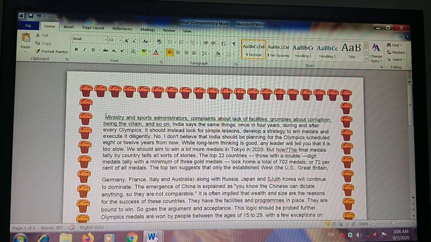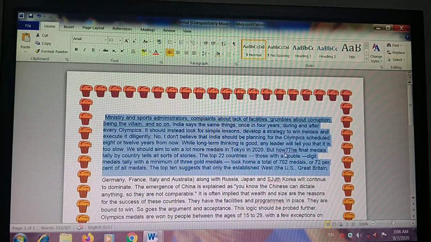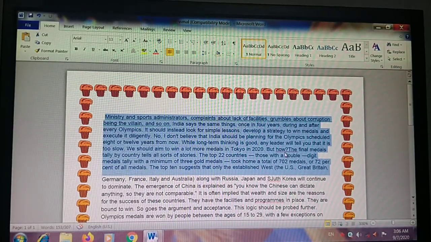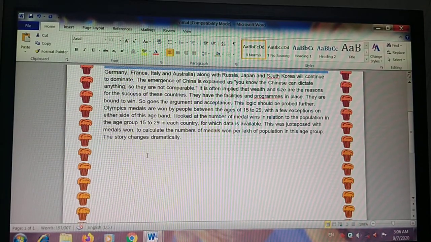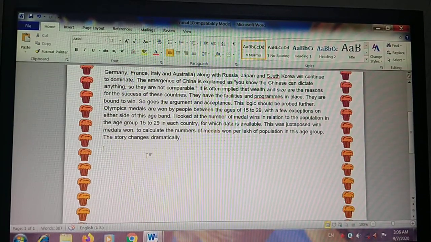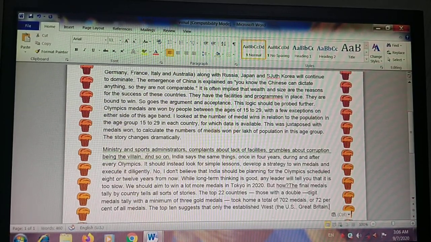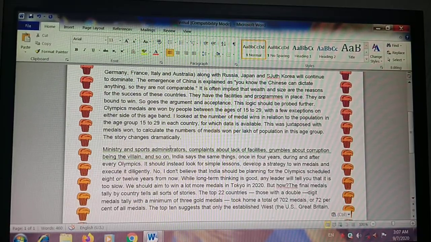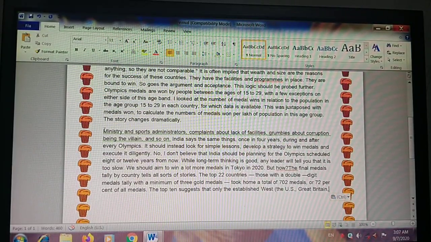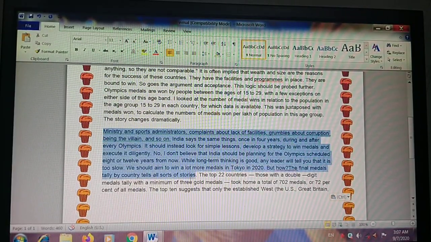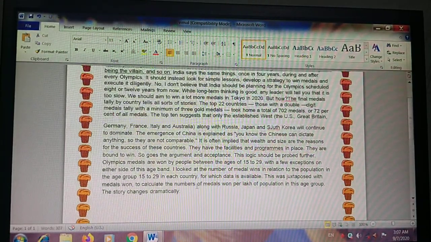Now the second way is, you can select the paragraph or one or two lines that you want to select. Click on Control C. Control C press करने के बाद what you have to do, click where you want to paste, and press the button Control, after that V. See, the text is copied here. You can see the text I have copied by using Control C for copy and Control V for paste.